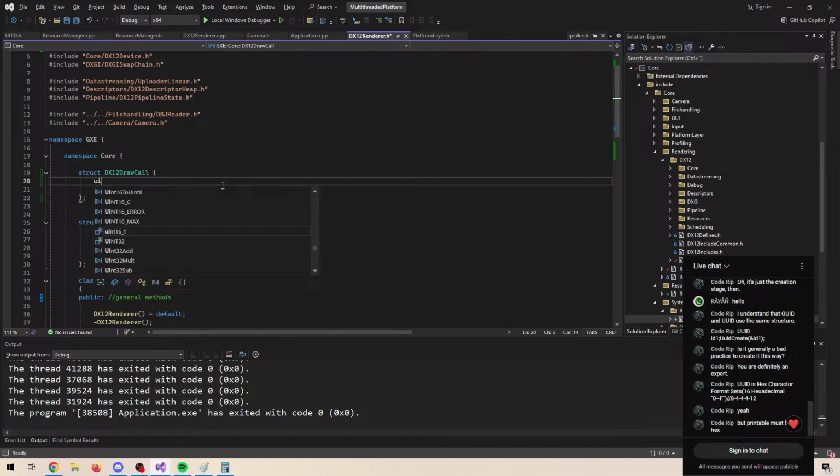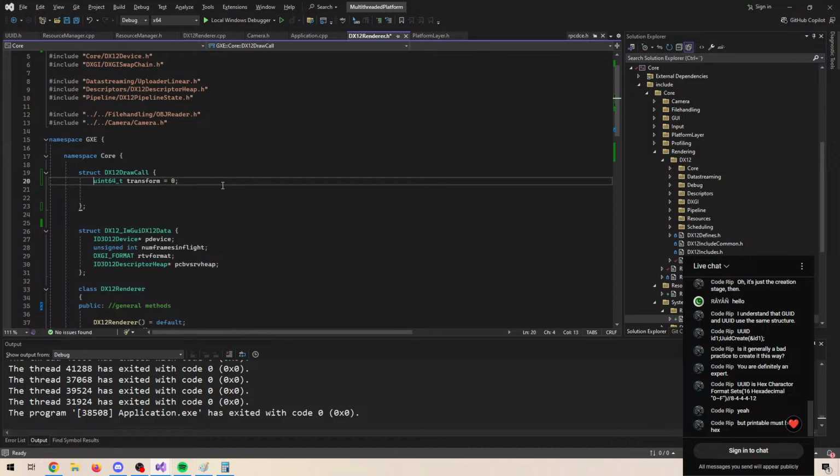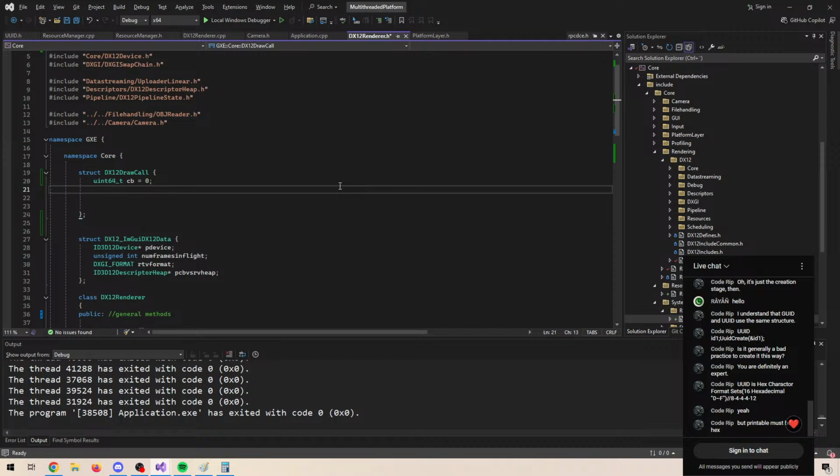Let's do something like a uint64 transform, or rather we should probably create something like a constant buffer, maybe a buffer index,